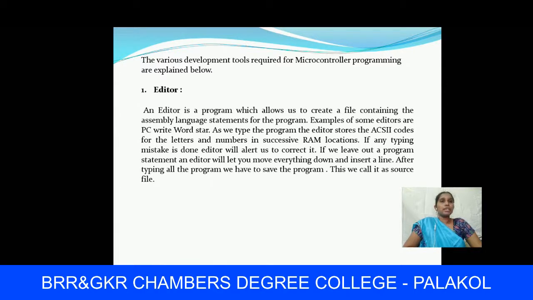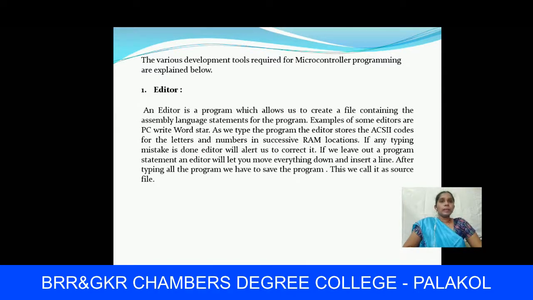Examples of editors are PC Write and WordStar. As we type the program, the editor stores the ASCII codes for the letters and numbers in successive RAM locations.